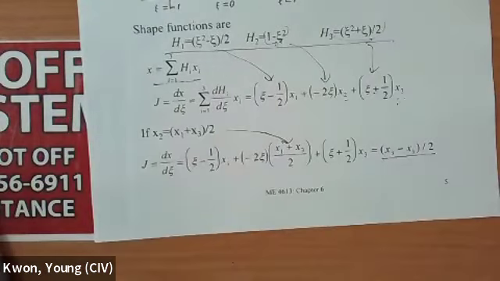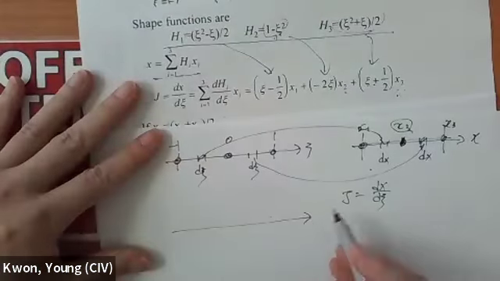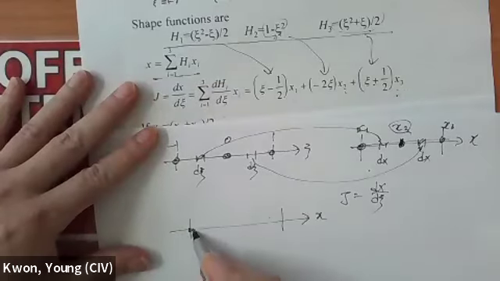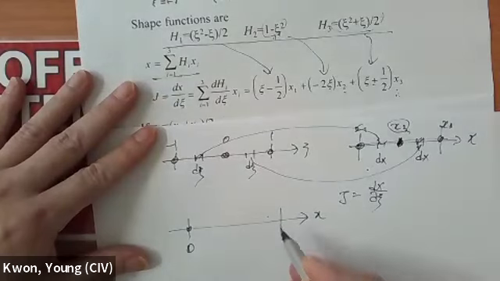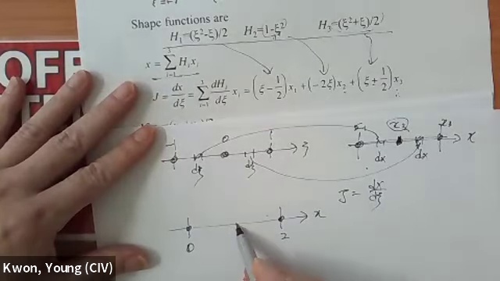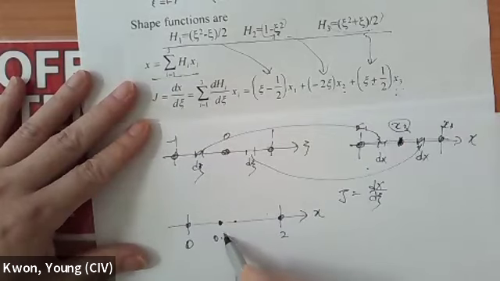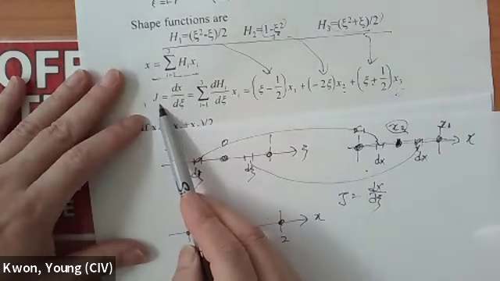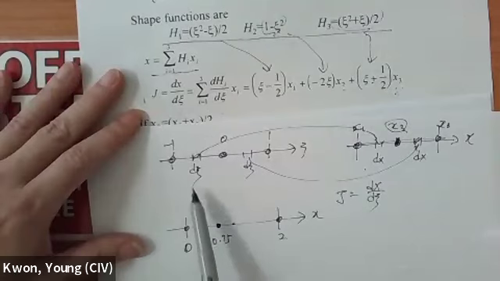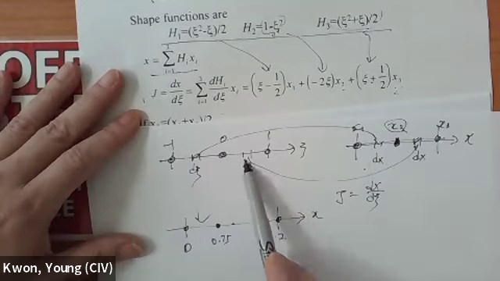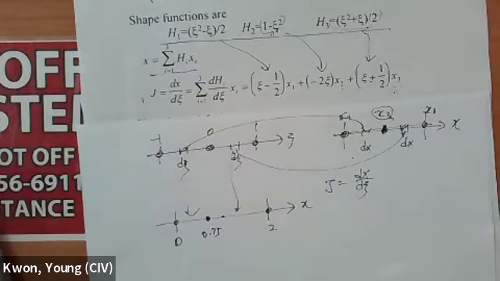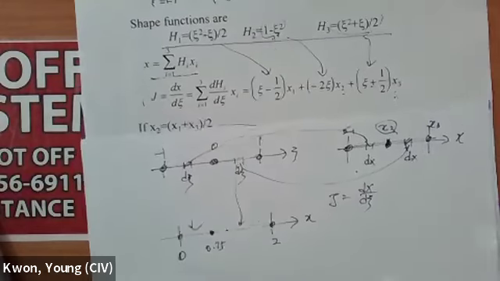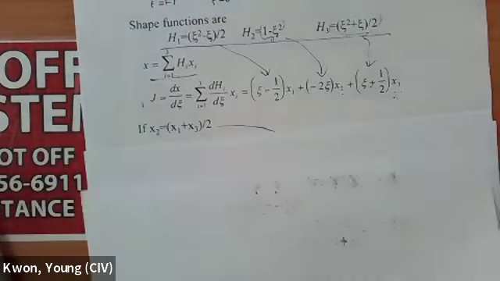However, if you put this nodal point, so let's put the actual number. So let's say this is going to be 0 and 2, right? And instead of putting this one in 1, if I put in here 0.75, for example, then that Jacobian matrix is not going to be uniform throughout the whole domain or mapping from here to here, right? And sometimes we took advantage of that property in some application. For example, in here,